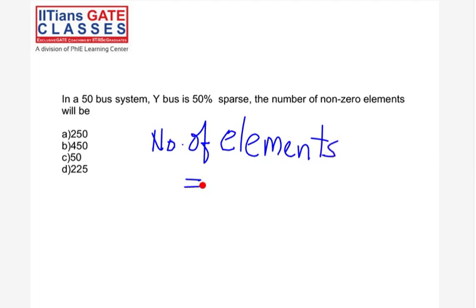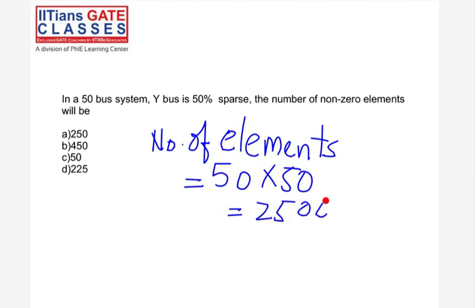That will be, right? Is that clear? Now what they're saying is that 50% of it,